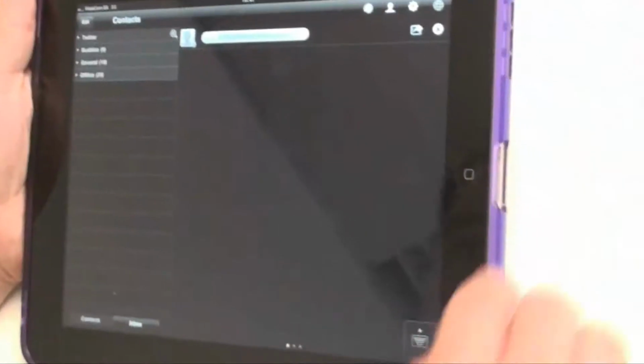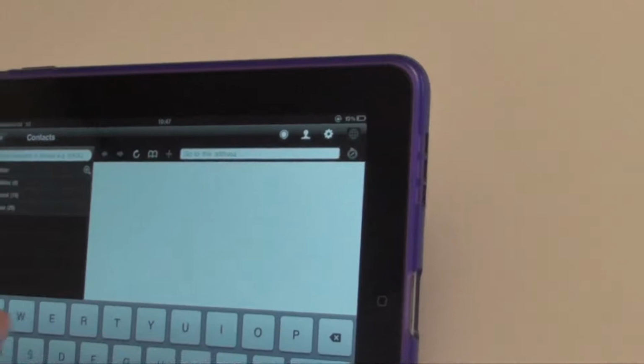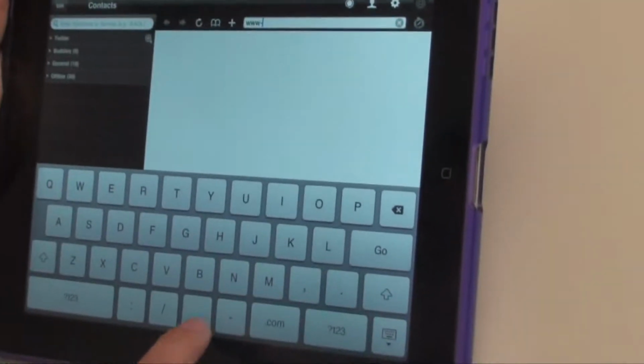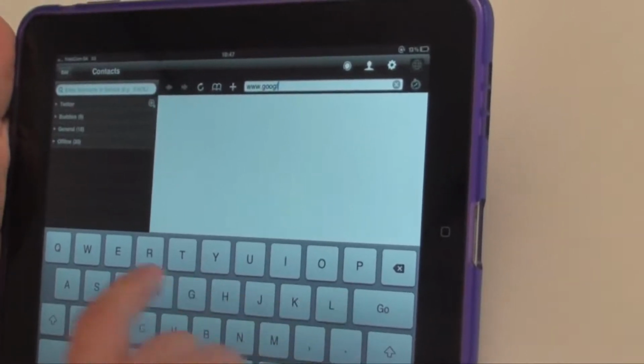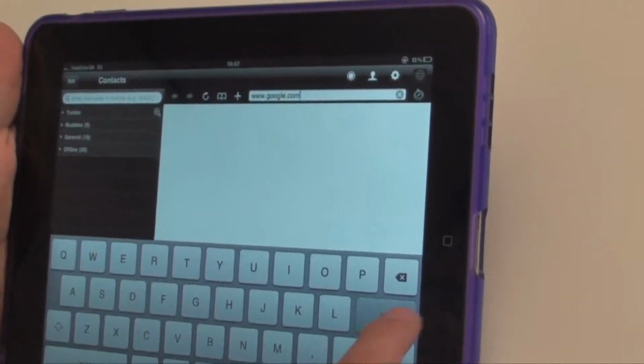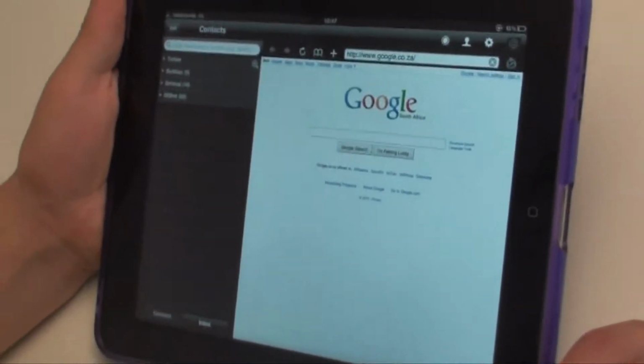So if a friend sends you a link and you click on it, instead of closing down and opening Safari, IM Plus will use its integrated web pane to bring up the web browser from the side, and you can browse the web from there. It's a bit limited. It doesn't keep things like your history, and it doesn't have access to your bookmarks. In fact, it has its own set of bookmarks. But it's a great way to chat and browse the web at the same time, so you don't have to juggle between apps when you don't need to do that much web browsing while you're chatting